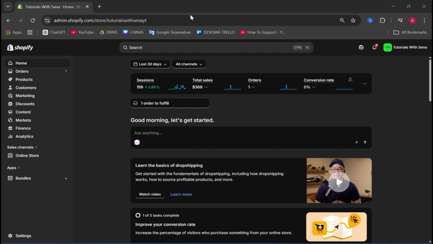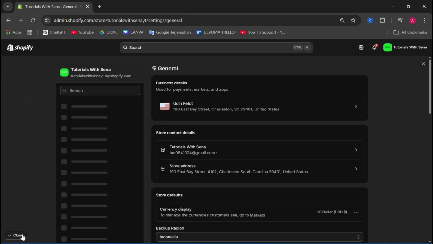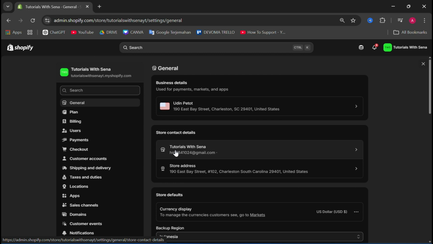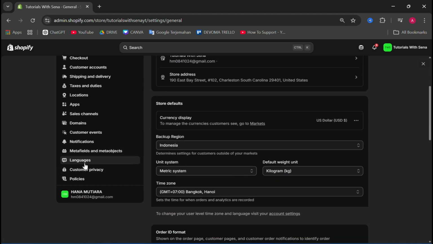It's going to be a very easy and simple step. First, you have to log into your Shopify account, and then in the admin dashboard you can navigate to the settings in the bottom left corner here. You can click on it, and then in the settings page you can scroll down and navigate to the languages